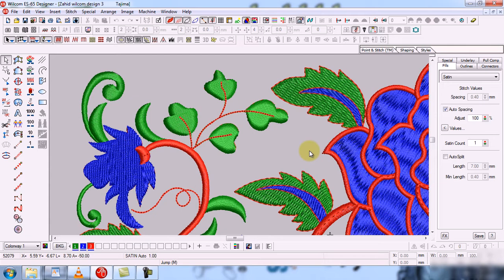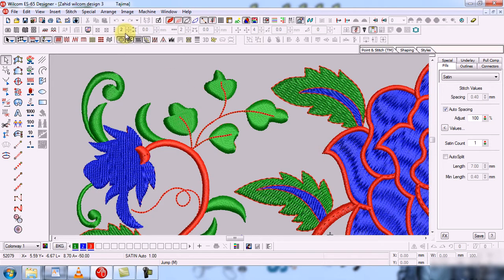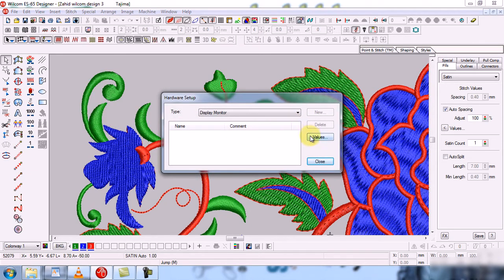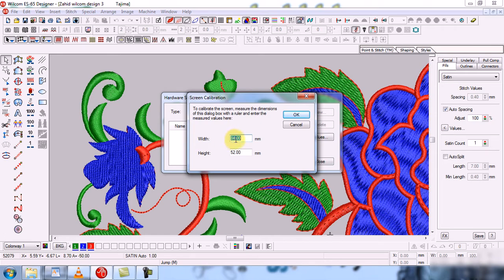So in this way you can change your display screen settings. And if you do not get accurate values, you can change them again and again, until your screen settings are correct, and then you can fix them there.